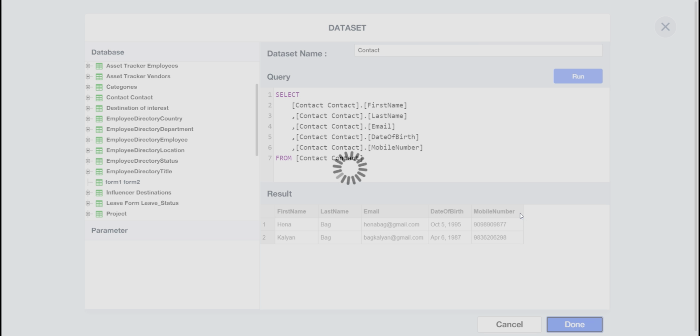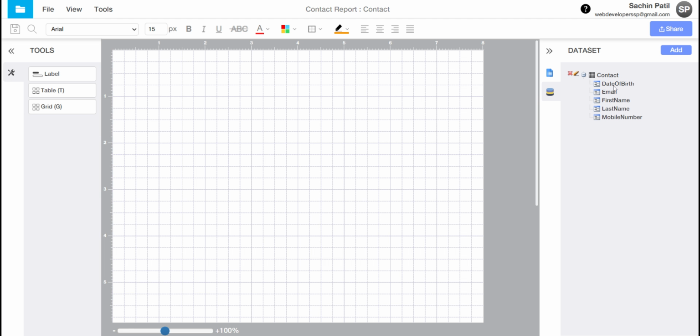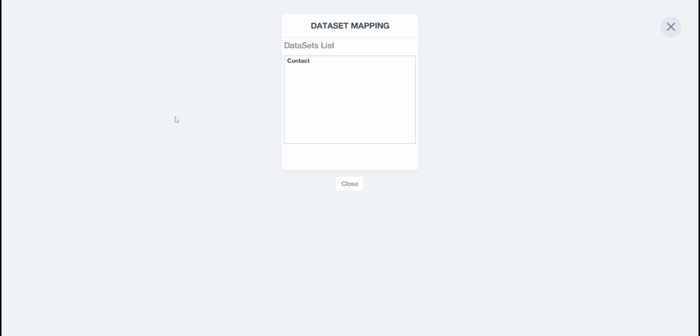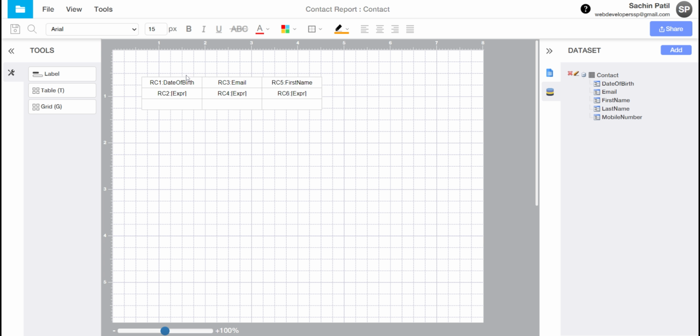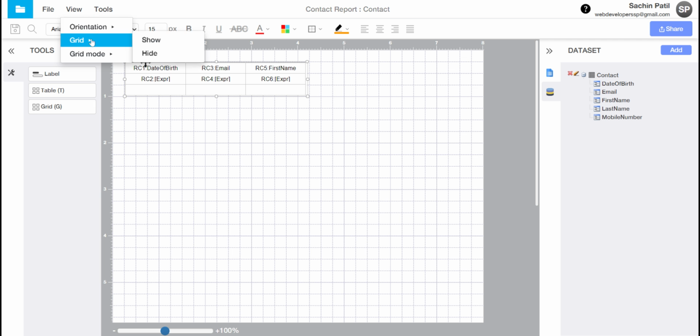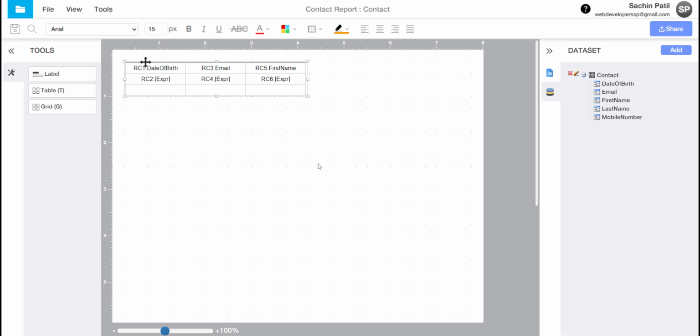So click done. Once it's done, it will go for the data size that will be received. This is showing here. So what I'll do, I'll drag and drop a grid here. So it's mapping here. I can map directly quite easily. Here you can see I can map from here. For better design, I'll go for that grid line dot mode. It's quite easy to get that layout design for me.